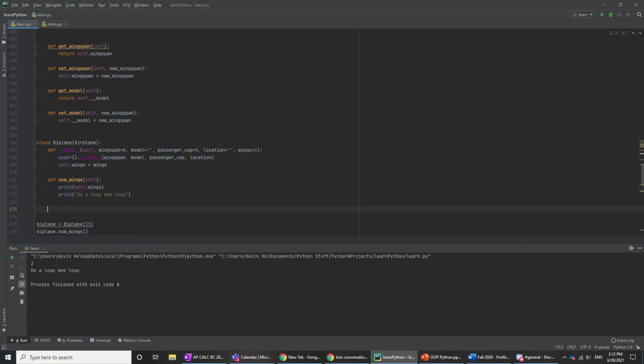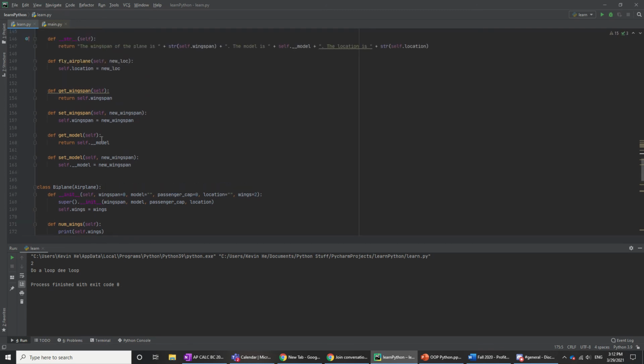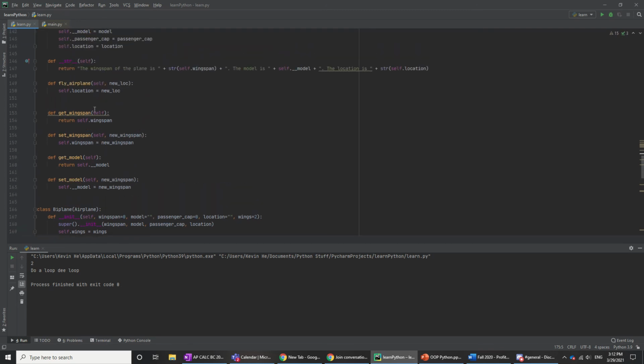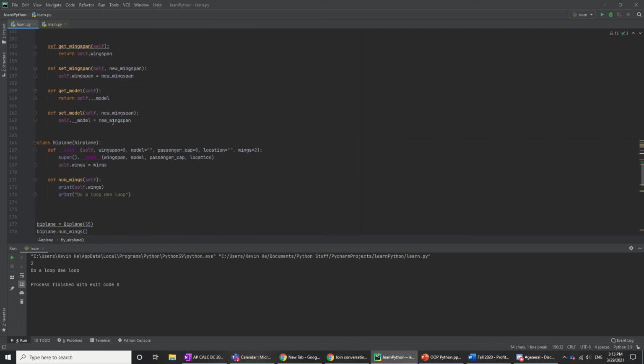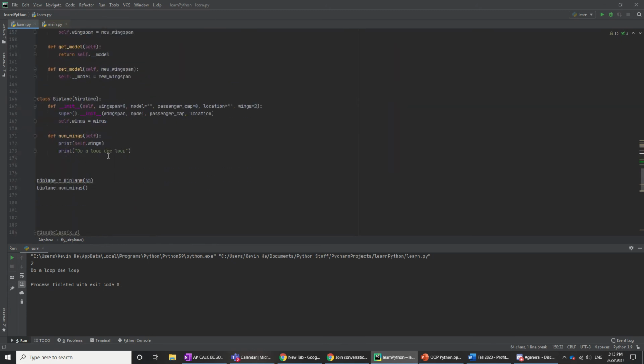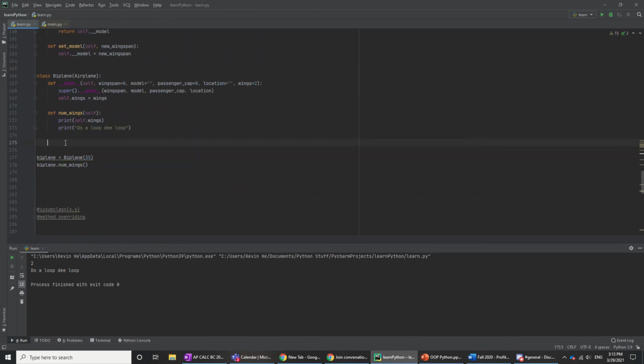So we are overriding the method in the parent class. So we can do kind of the same thing. Say, fly airplane. If we just copy and paste that, we can have fly airplane inside of our biplane. We are overriding the one above, and we could change it if we want to. Say fly airplane, new location, and then